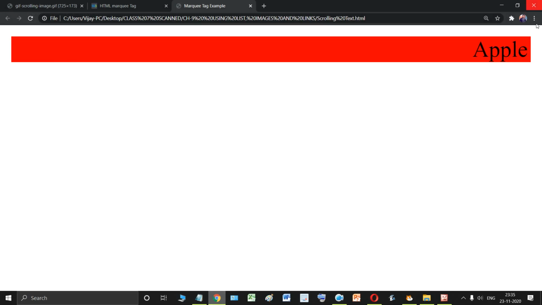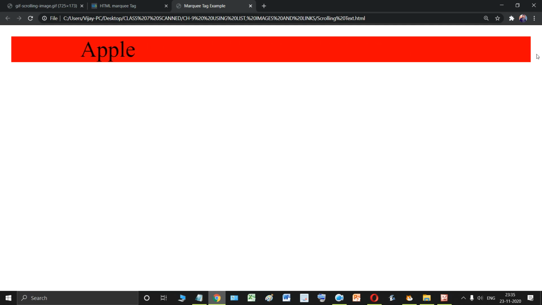It simply means that, see, this is the edge of the page, but as you can see, there is some space left on the right hand side and some space left on the left hand side also of this marquee. This much is the marquee, this rectangle, but there is some space left.